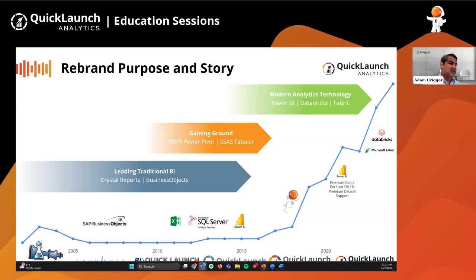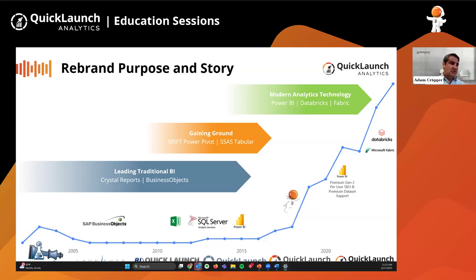So, by the time Power BI came on the scene in 2015, we pretty much already had a 4 or 5 year accelerated jumpstart, because we were already working with that. All the models that we built in the enterprise model basically became imported into Power BI as a starting point. So you can see the growth trend and the technology trend with Microsoft since it came about. And I think if you look at Gartner, they've been kind of the leading technology in Gartner now for the last 5 years or so.